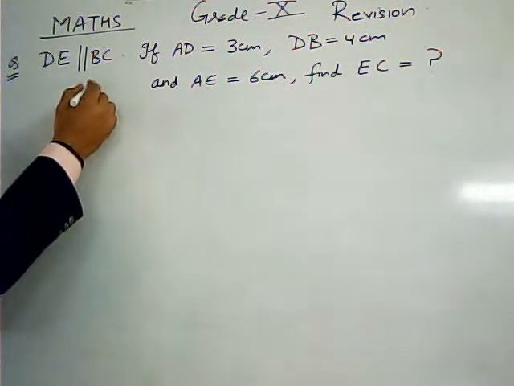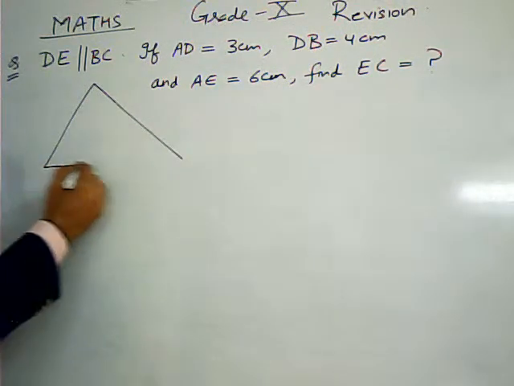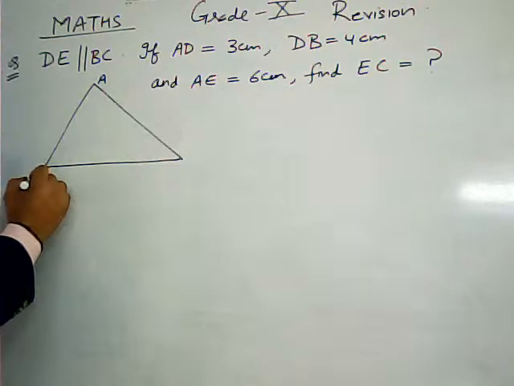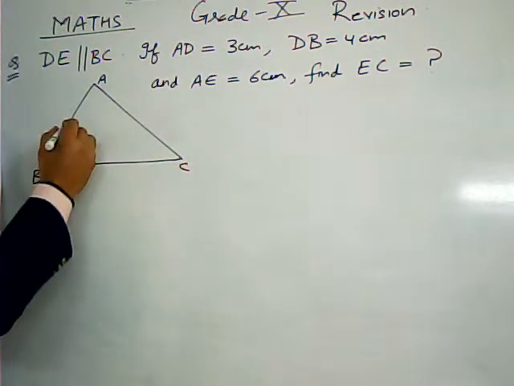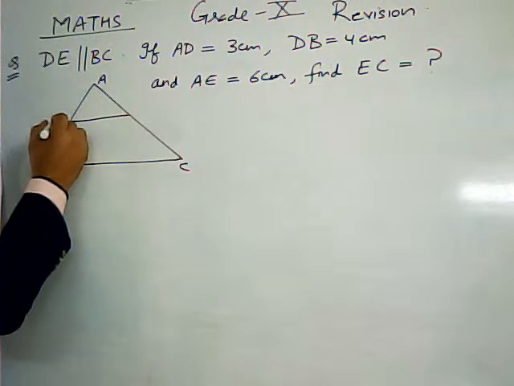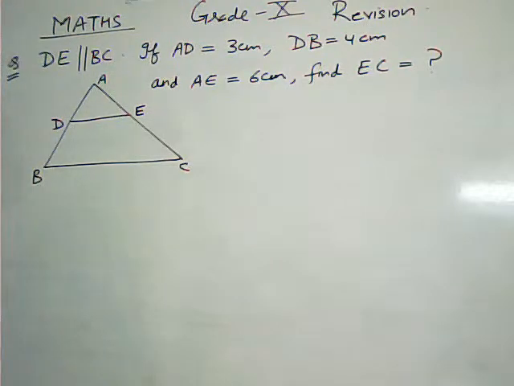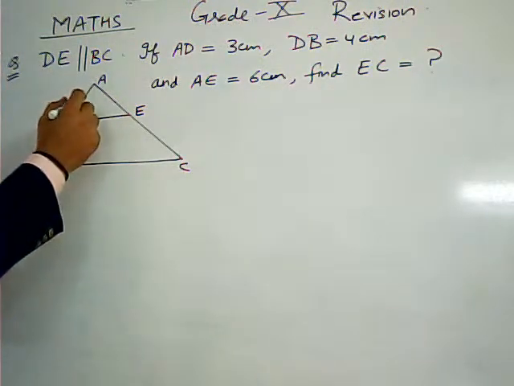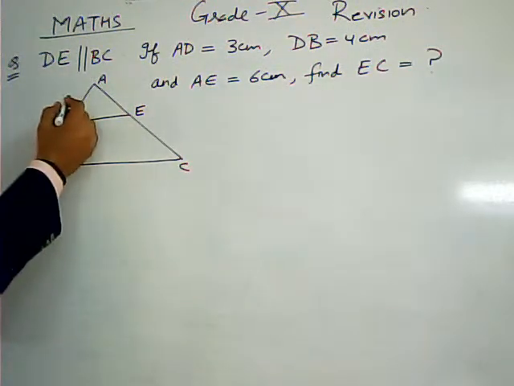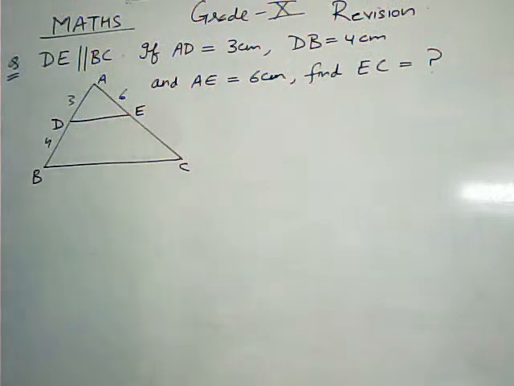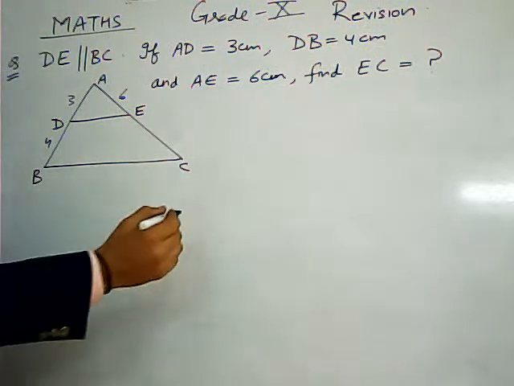Here we have a triangle ABC, with D and E. What is given? AD is 3 and DB is 4, and AE is 6, and EC we are interested to find. So by BPT we know,